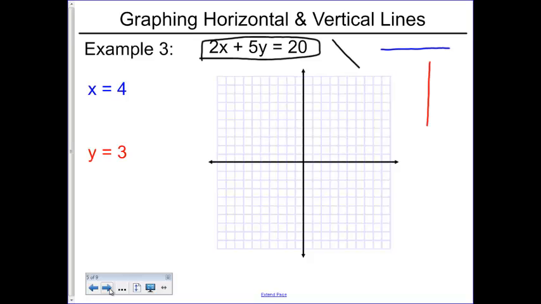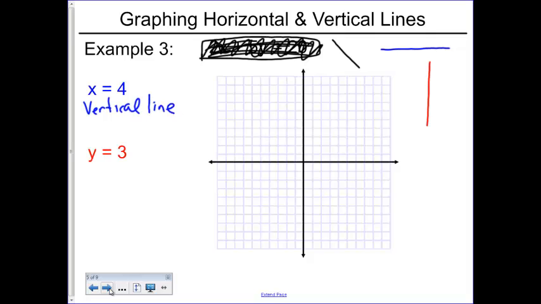But look at our problems that we actually have over here. I have an x equals 4 and a y equals 3. Those aren't the intercepts of the problem like we did on the previous example. Those are actually the equations. They don't have a y in the first one, and the second one doesn't have an x. Okay, so we're going to ignore this equation for now because it has nothing to do with these lines here. What I want to point out is if you have just x by itself and no other y value, a vertical